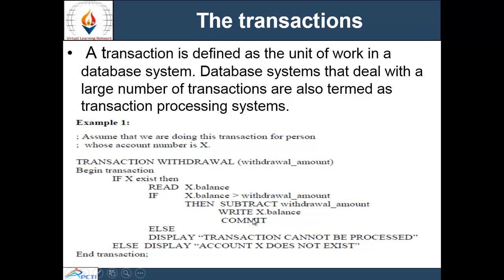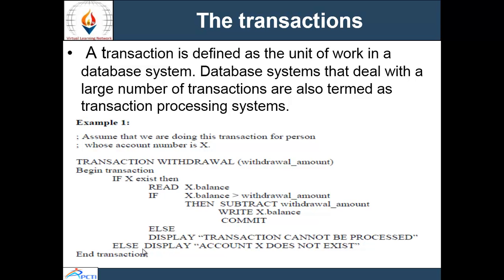Commit means saving the changes or making the changes permanent on the database. Else we will display that the transaction cannot be processed or the account does not exist. End transaction. In this one, you see there are different steps performed for a particular transaction.